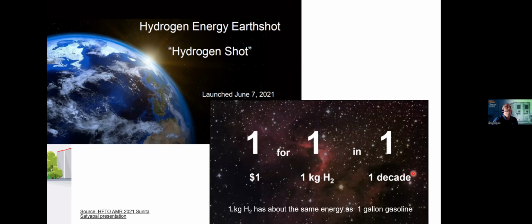The goal of the Hydrogen Shot is to lower the cost of hydrogen production to $1 for 1 kilogram of hydrogen, and to do that cost reduction in about a decade. Now, just to let you know, people say, well, how much energy is 1 kilogram of hydrogen? Well, you can think of it as a kilogram of hydrogen has about the same energy as a gallon of gasoline. So that should help you understand about what those costs and what the